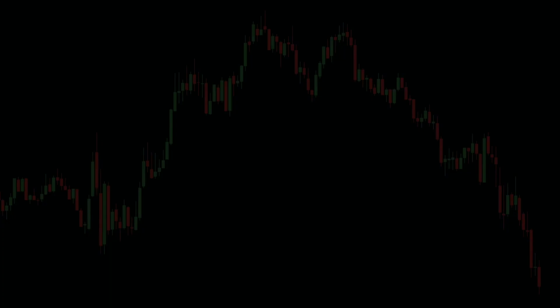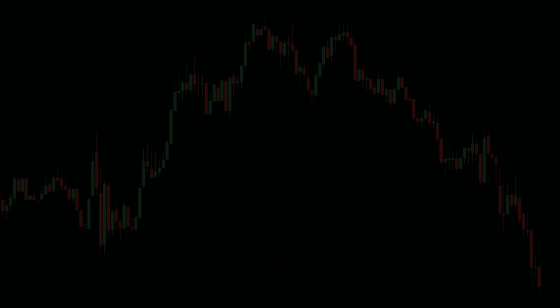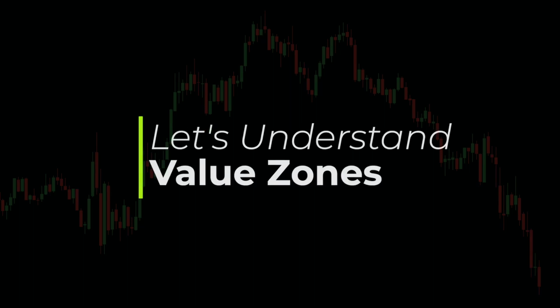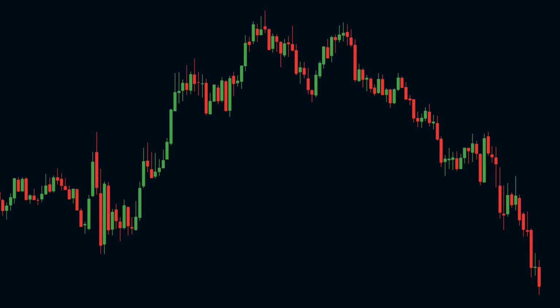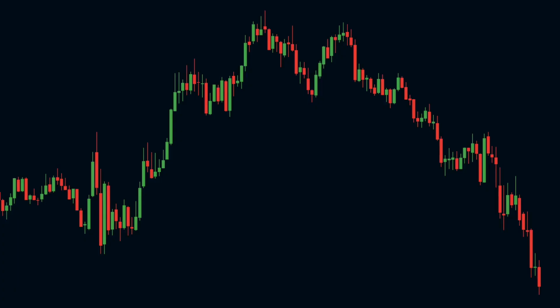To be honest, the concept of these value zones is derived from the market profile indicator itself, but my interpretation is very different from that of the indicator. With that being said, let's understand these value zones. To understand the value zones, we must first understand the reason behind any price move. I know this part of the video might seem very basic, but stick around, it will change the way you